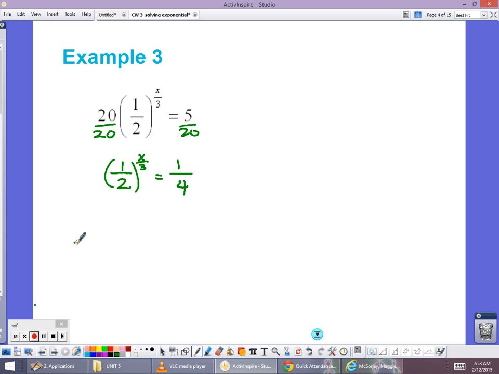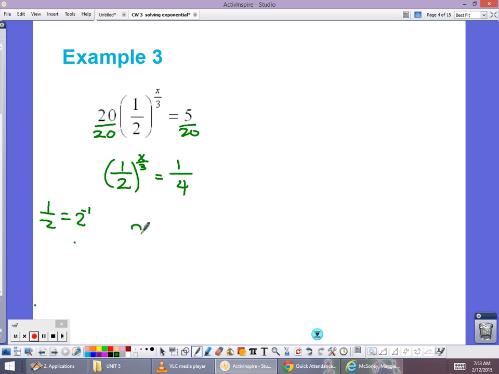So maybe sometimes dealing with fractions is a little nerve-wracking. Maybe you're like, it's kind of scary. How can we make this not a fraction? How could I rewrite 1/2? 1/2 is the same as 2 to what power? How do I make that 2 go down into the denominator? A -1, yeah. So I could rewrite this, instead of a fraction, as 2 to the -1,